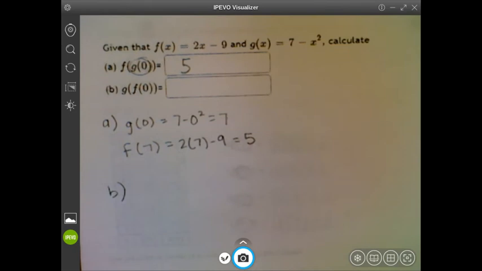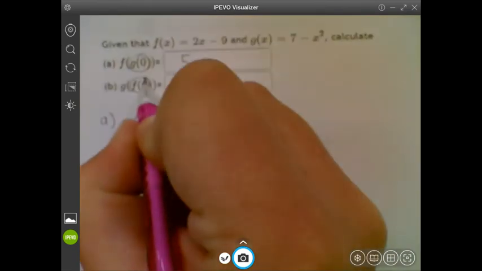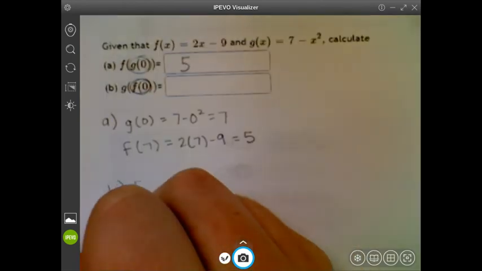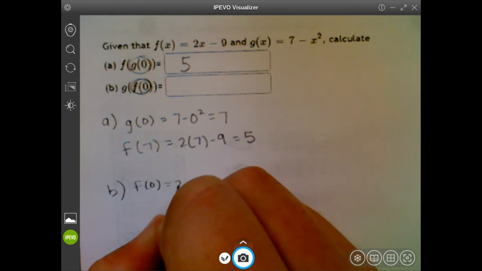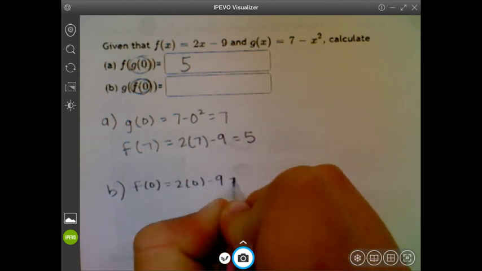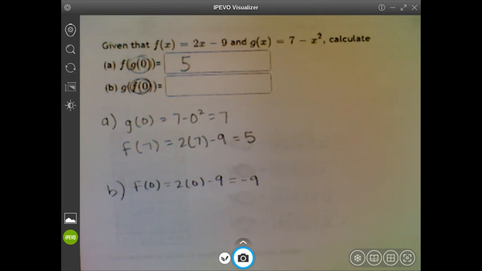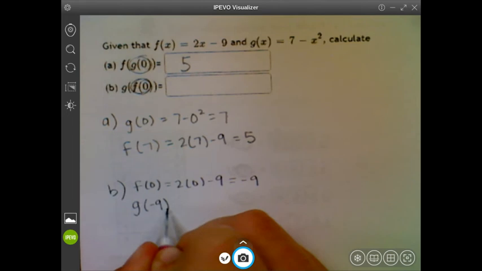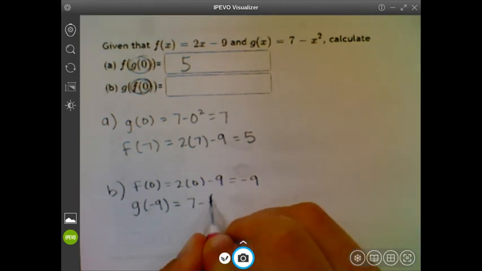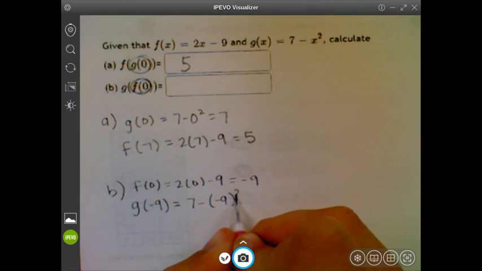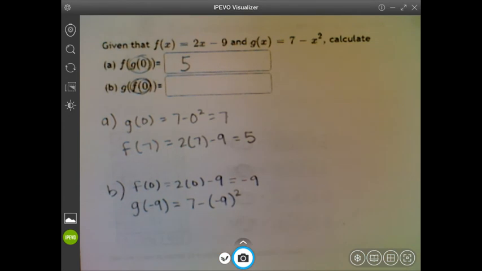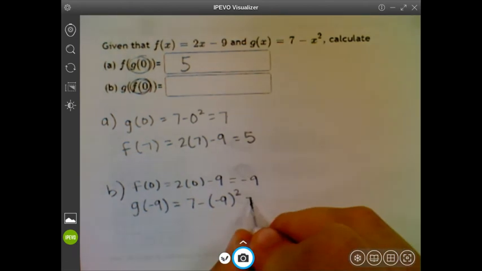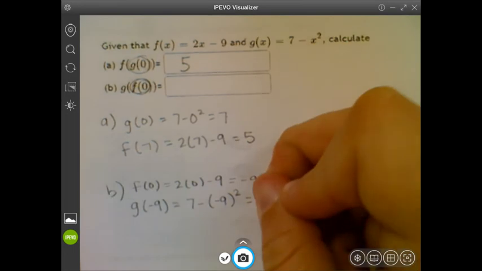All right, part B is the opposite way, finding f of 0 first. So f of 0 would be equal to 2 times 0 minus 9, which is equal to negative 9. And then taking that value and plugging it into the g function. So 7 minus, and then I'm going to put this in parentheses to make sure I get the right value there, negative 9 squared. Negative 9 squared is 81, and 7 minus 81 is negative,